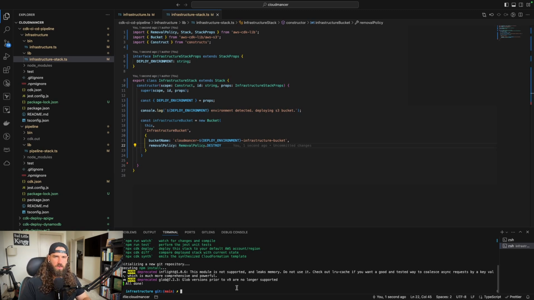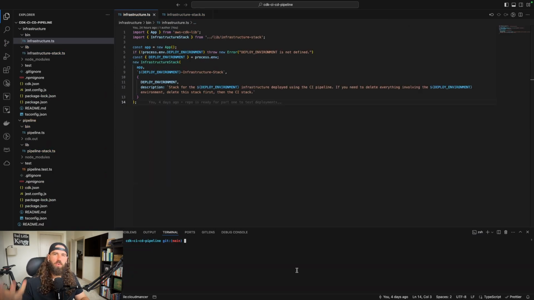The next thing we're going to do is create a main branch and a dev branch, and in our case they're just going to be equal, but we're going to push those to our GitHub repository. Great, so we've pushed both our dev and our main branches to source. So we're actually ready to go ahead and deploy the pipeline itself now. And the pipeline should pull all of our new changes that we just made to create our infrastructure bucket.